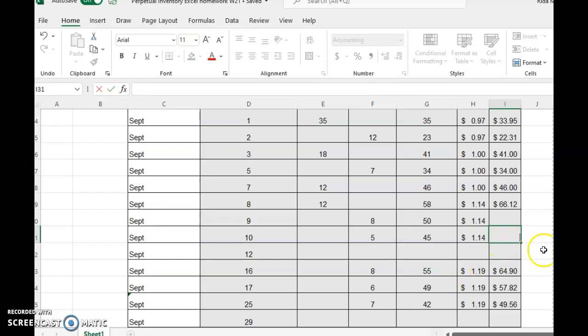So if we do that, we would get 50. So 50 times 114, that gives us 5700 as our total value. And if we do the same thing for the next one, 45 times 114, that would give us 5130 as our value. Alright,